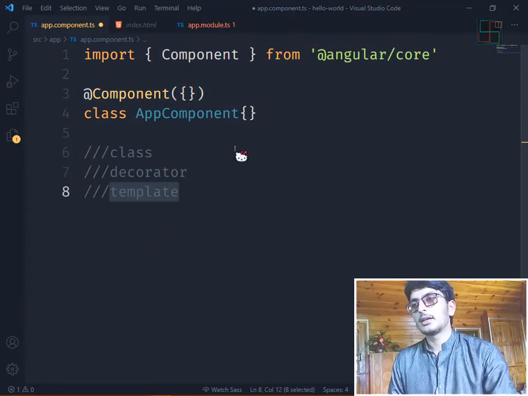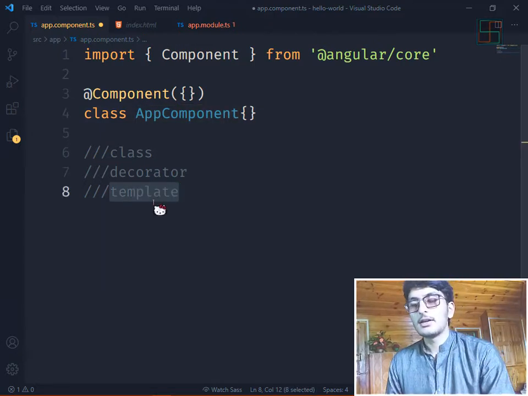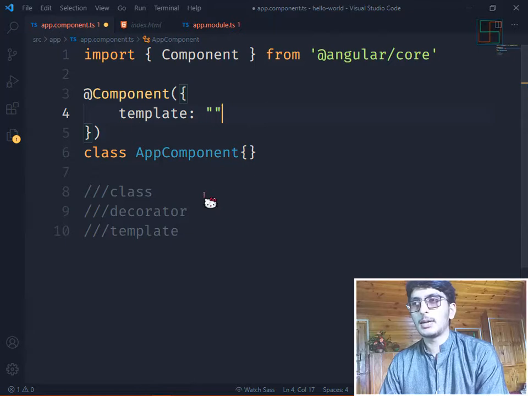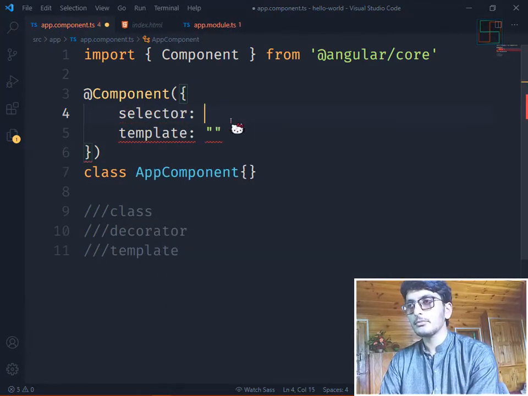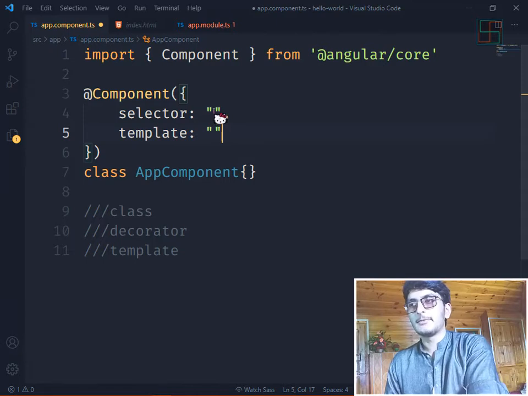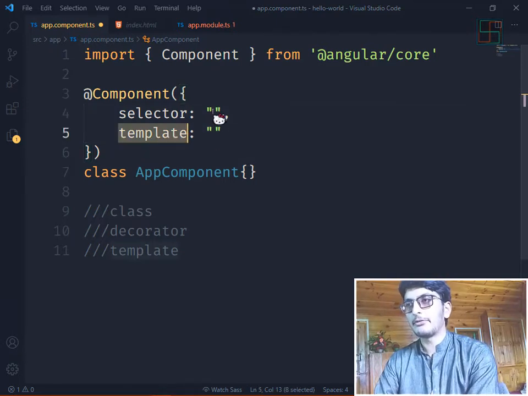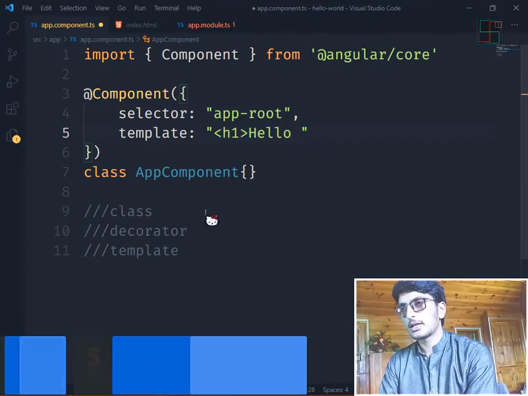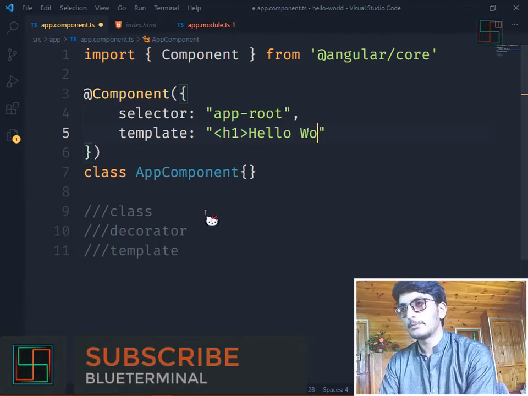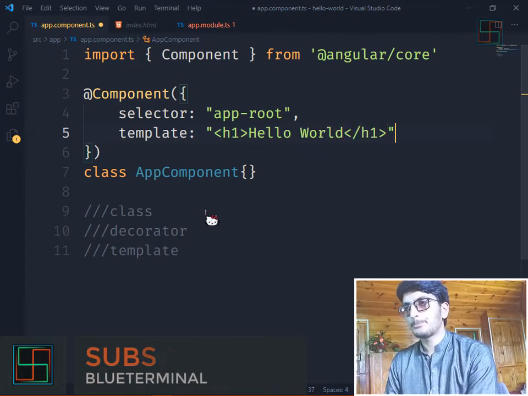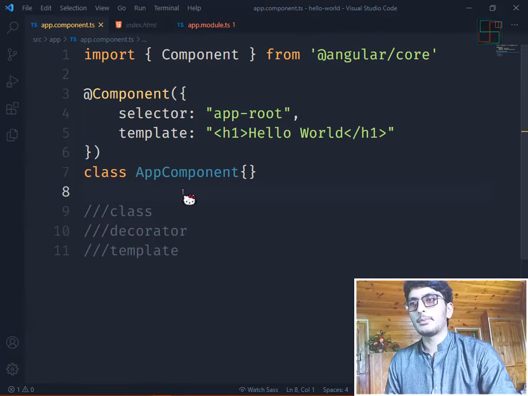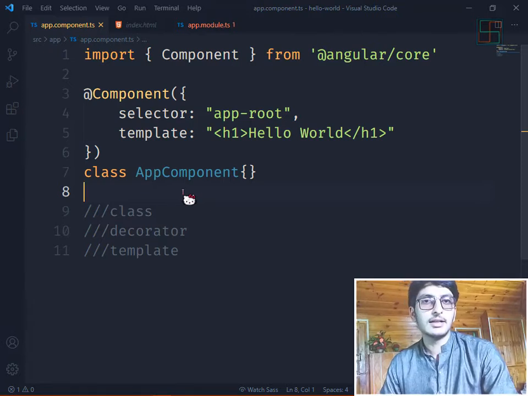Third thing is template. Template contains all the HTML structure. We define the template in the decorator parentheses. Okay, here is the HTML code, and this HTML code has a specific name which is called a selector. Okay, this selector is the name of this template, and here we specify a name for this template. I will use app-root, and here is some HTML code, hello world, and close the tags. Okay, our first component is created, but we cannot use this component yet because our AppComponent class is not declared